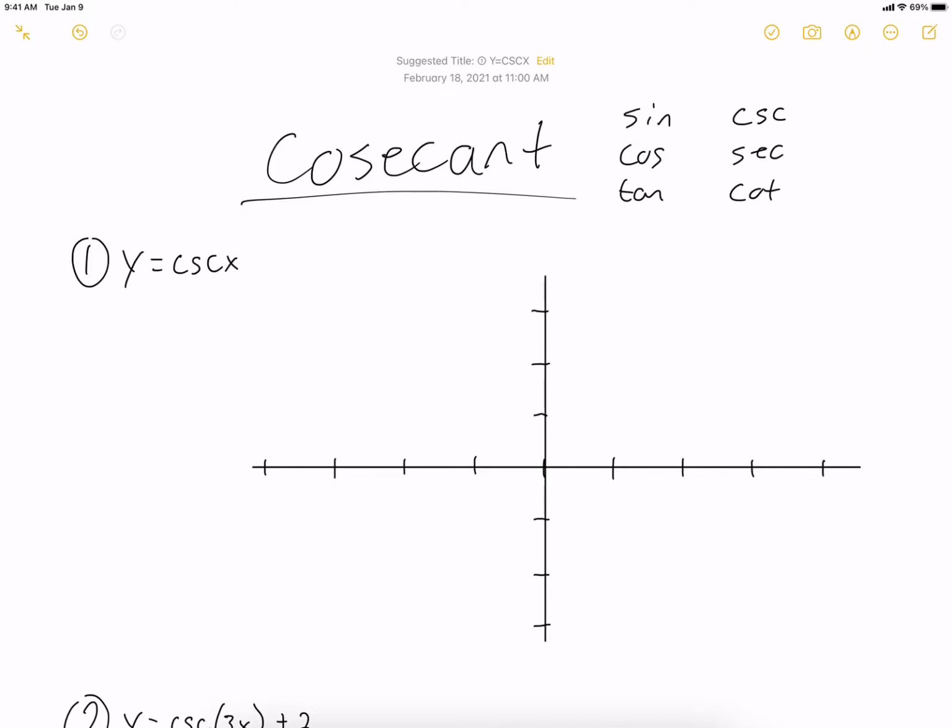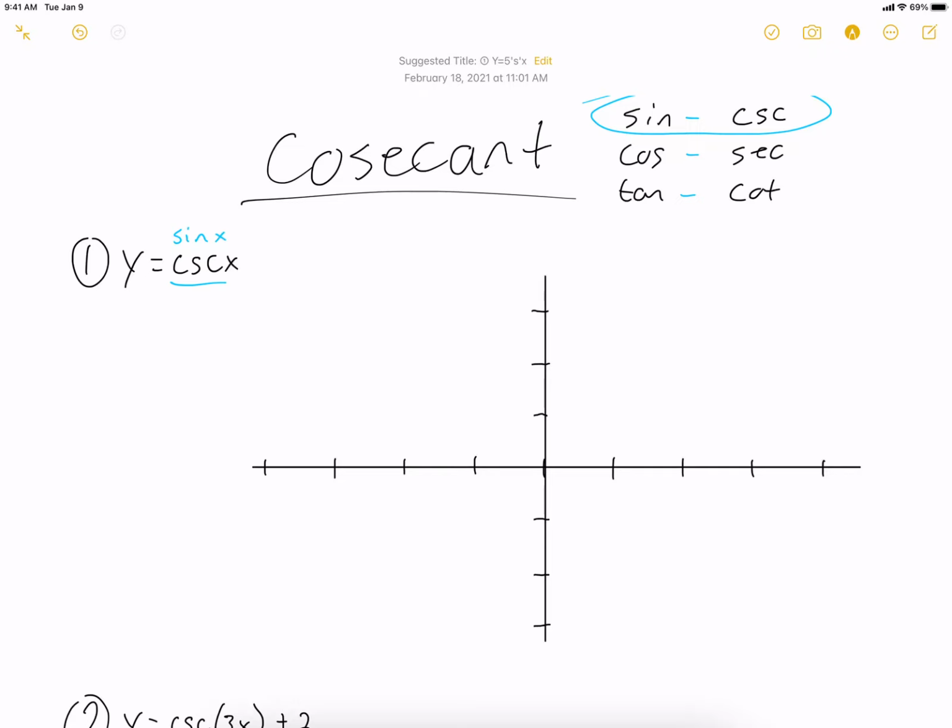Alright, today we're going to take a look at the cosecant function. So if you remember, we have sine, cosine, tangent, and their reciprocal functions, cosecant, secant, cotangent. Now we're dealing with sine and cosecant today. So these are reciprocals of each other. And really what we're going to do in order to graph the cosecant function, we're going to graph first the